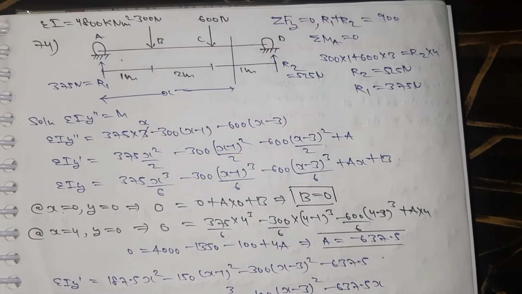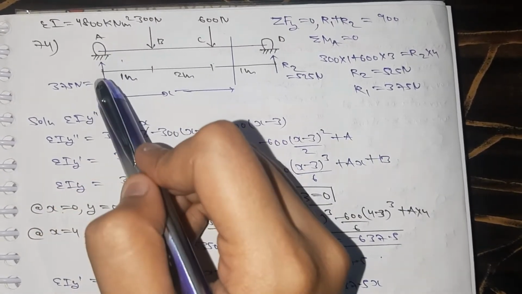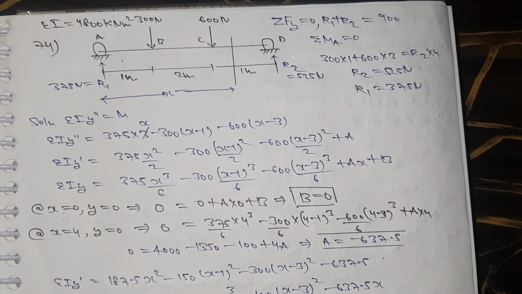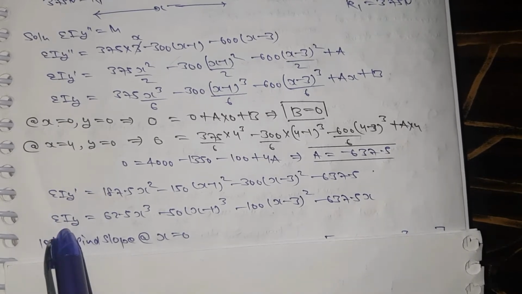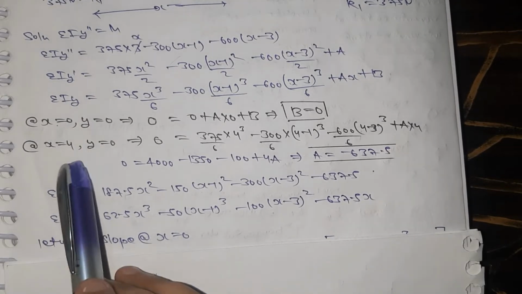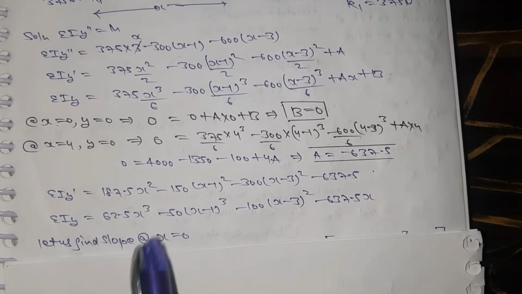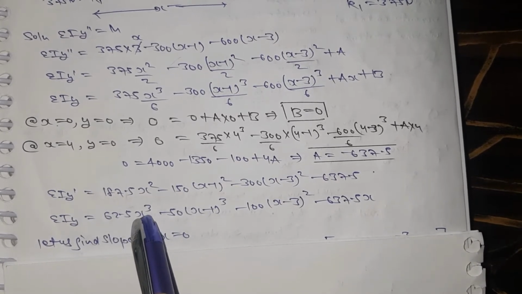let's check. Okay, let's take any random value of x and let's check it once. If I take x as 0, you already know at x is equal to 0 deflection should be 0. So let's check whether the equations that we have formulated are actually correct or not, right? If I check one of my boundary conditions, that at x is equal to 0 deflection should be 0, I'm going to check whether it is actually 0 or not. So put x is equal to 0. Guys, you can already see 625 into 0 is already 0,